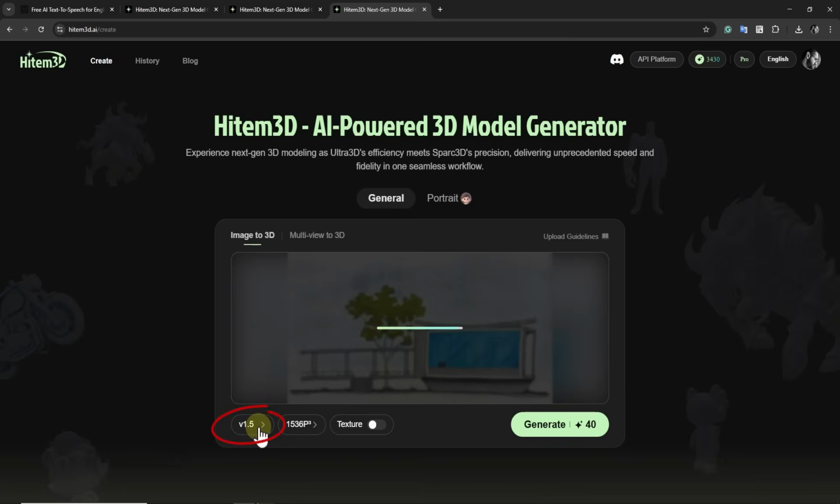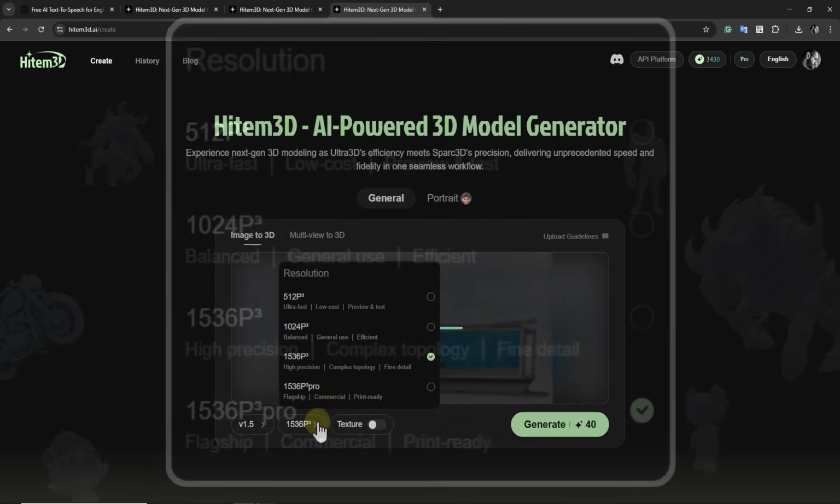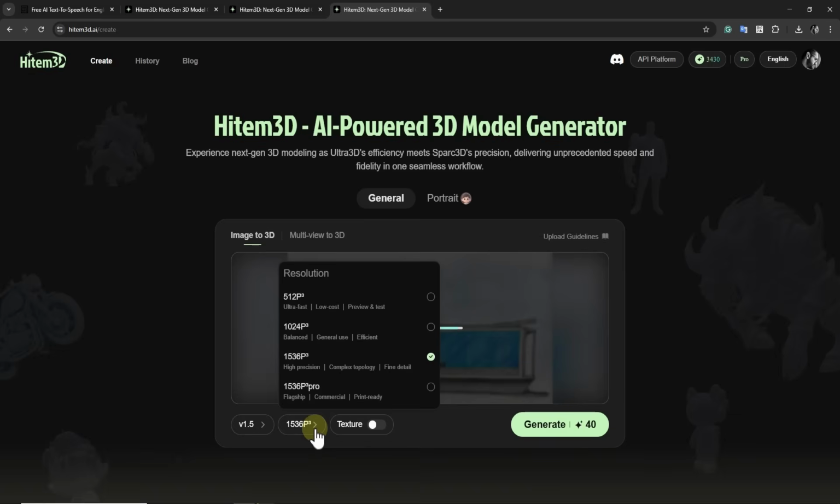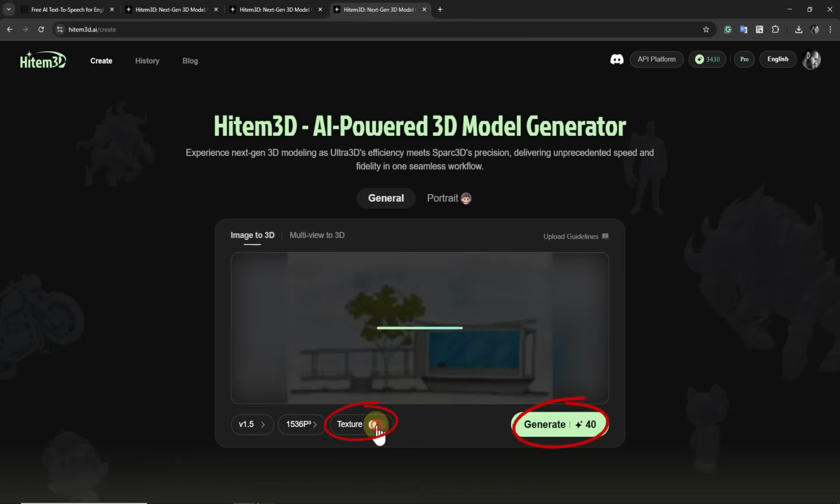The newest update on the website, version 1.5, allows the model to be generated with much more detail. So make sure you select version 1.5 before generating anything. This version creates cleaner geometry and more realistic depth. For each 3D model, you can choose between 4 different resolutions. Higher resolutions consume more credits but give you more detail and better surface quality. Additionally, if you wish to generate a textured model instead of a plain 3D mesh, the system charges an extra